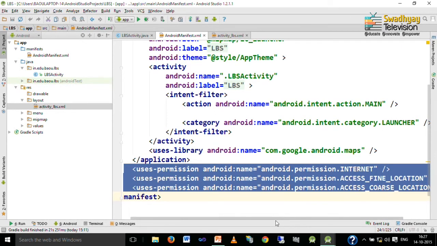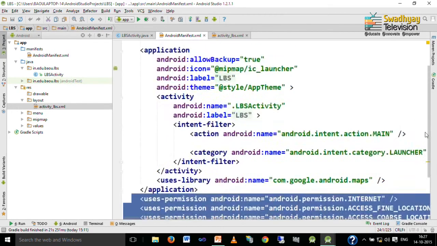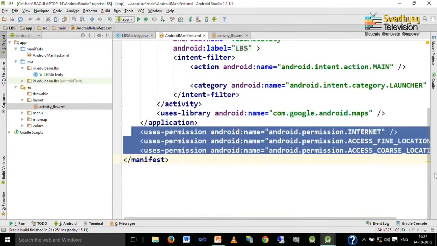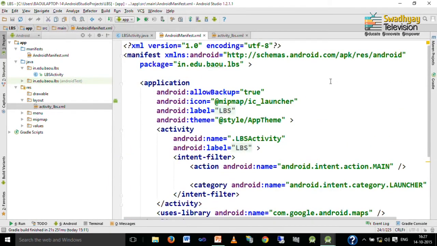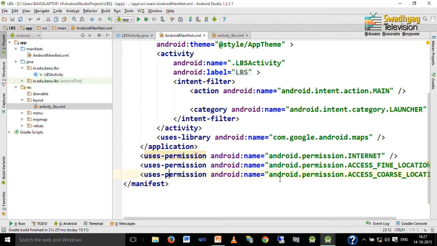So, these are the permissions required. You can write uses-feature as discussed in theory after these. That is optional for filtering your application, but these permissions are compulsory.